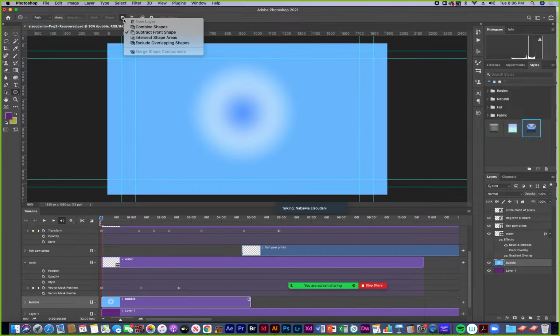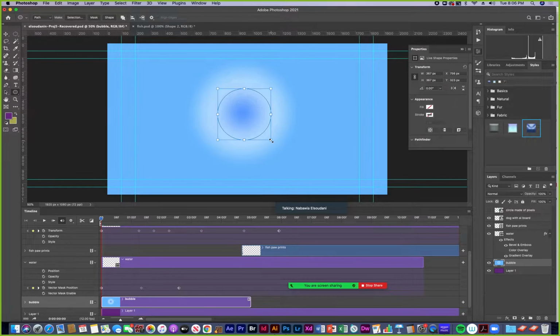and I'm going to go to, let's see, combine shapes for my path operation, and I'm going to hold shift and draw out a path which is not yet attached to any layer, but I'm going to try attaching it to this bubble layer.